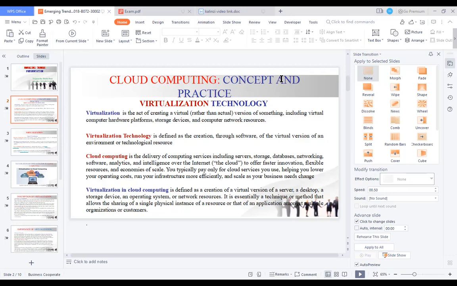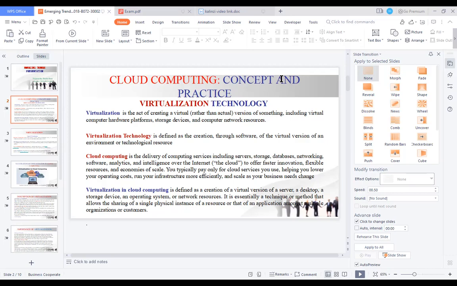Even if they are requesting something, it must be connected to cloud computing. It means that cloud computing enables the user to do anything.